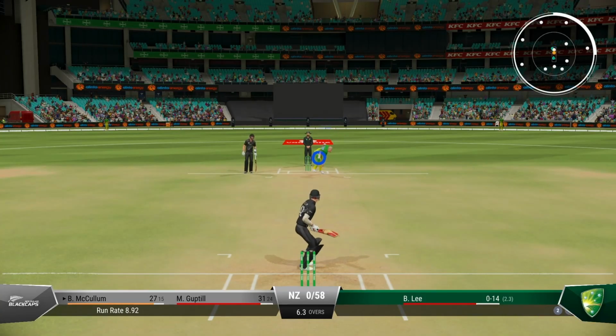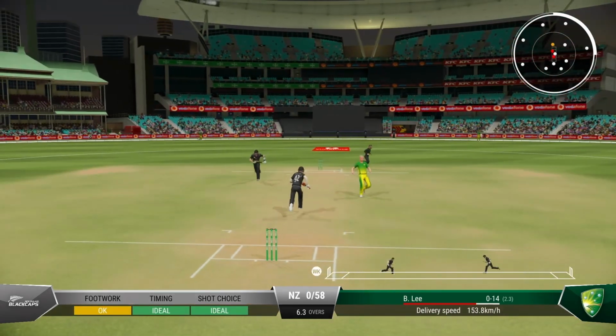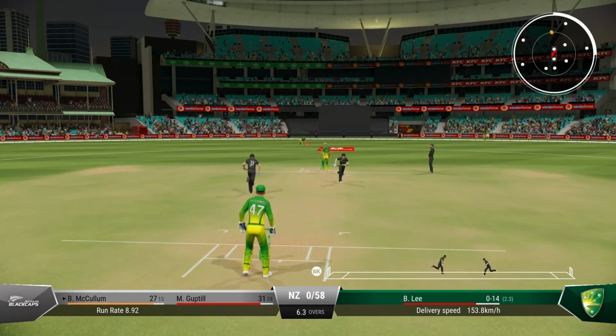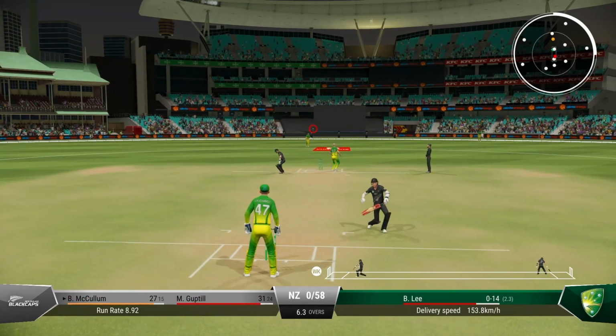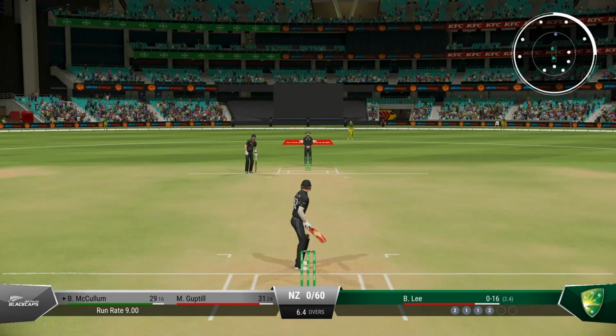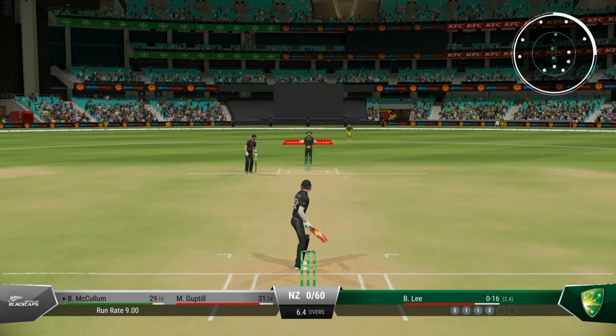And get off strike. Lee, where is he? He just bowls it full and straight. He has been mastering that Yorker length, and especially at his pace, you just cannot do anything wrong, or you will see your stumps flying. 29 off 16. The strike rate has gone down, but